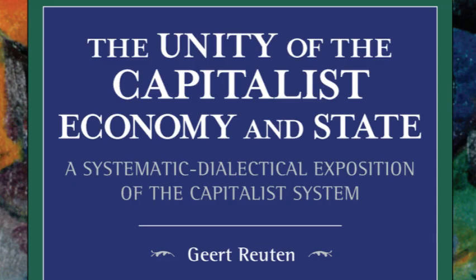Preface. This book provides a systematic outline of the constellation and functioning of the capitalist system. It is an exposition of the relations, institutions, and processes that are necessary for the continued existence of the capitalist system. That is, the capitalist economy is interconnected with the capitalist state. In its systematic character, the book is inspired by Marx's incomplete synthetic outline of the capitalist system in his book, Capital. Incomplete because that work did not reach the capitalist state. The latter is dealt with in Part 2 of the current book.